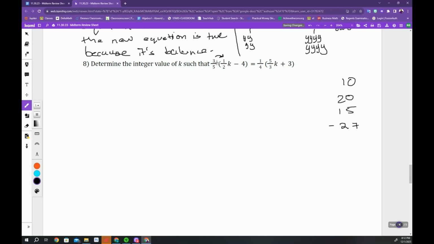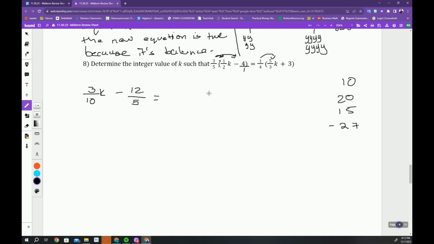We're going to distribute 3/5 times 1/2 k. 3 times 1, we're going to multiply across. Sorry, it's 3 times 1k, so 3k, over 5 times 2 is 10. Continue distributing. Remember, if you have a whole number or an integer multiplying by a fraction, you can put that integer or whole number over 1. 3 times -4 is -12. 5 times 1 is 5, so -12 over 5 equals